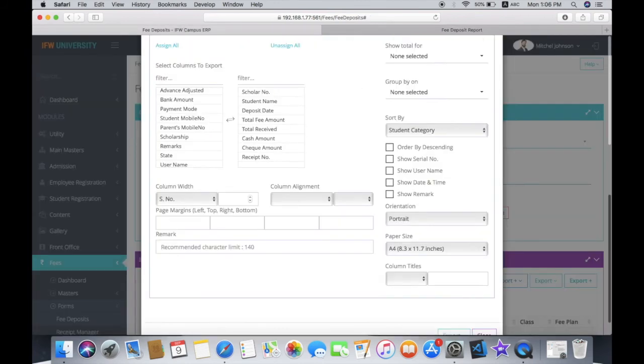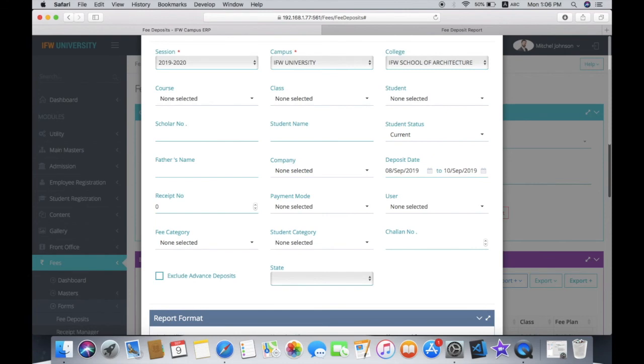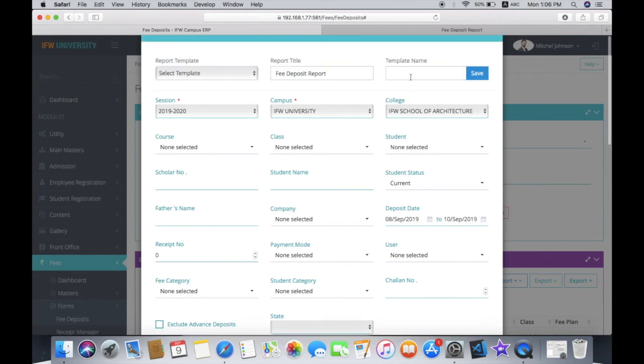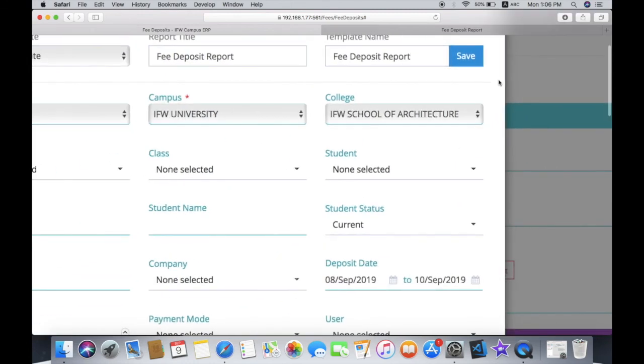You can save the template as we did in Export Plus by giving it a name like fee deposit report and clicking on this save button.